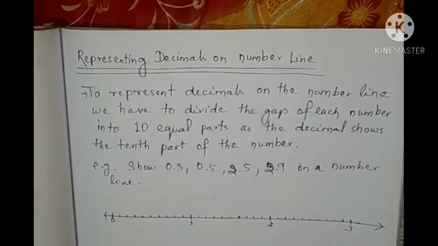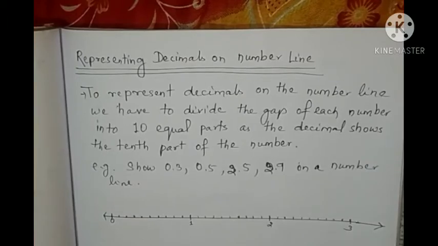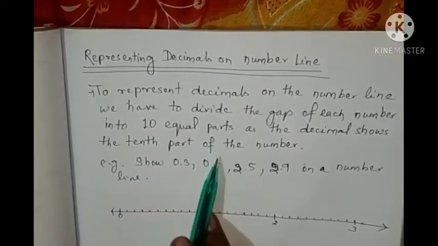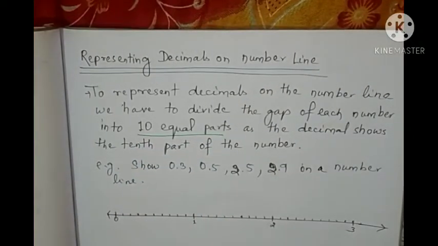In fractions you can divide into as many parts as the number in the denominator, that much you will divide. But here in decimals you have to divide it into 10 equal parts, so the decimal shows the tenth